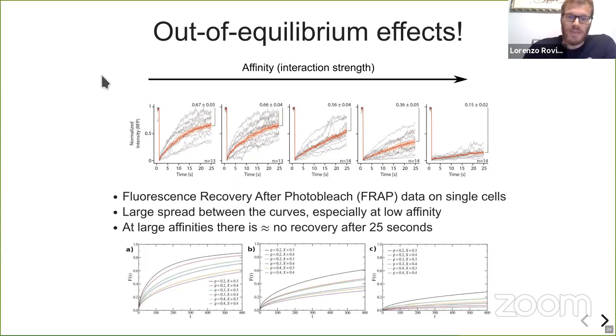And then we can do the same thing in simulations. You see this also for three affinities. Simulations show that the spread is due to the fact that condensates have different concentration and overall density, and we see the same effect. And we see that at the largest affinity, which is the one that gave the out of equilibrium phase diagram before, we don't see any recovery, as in experiments. And also the spread is smaller, as in the experiments.